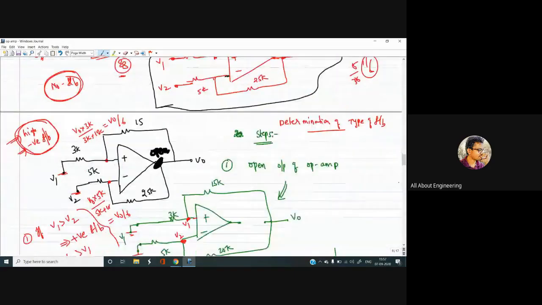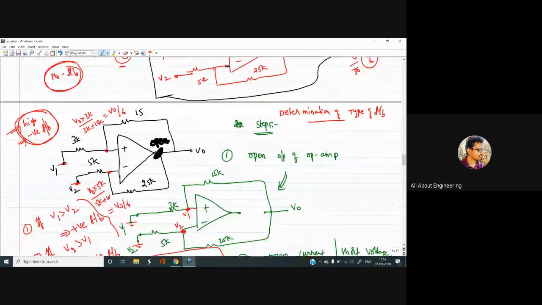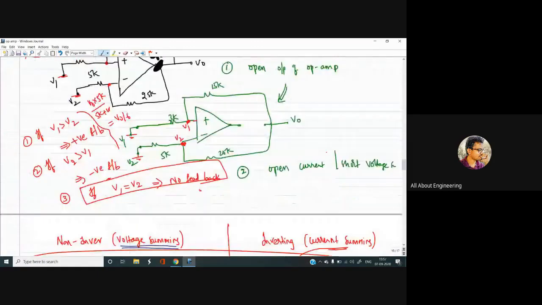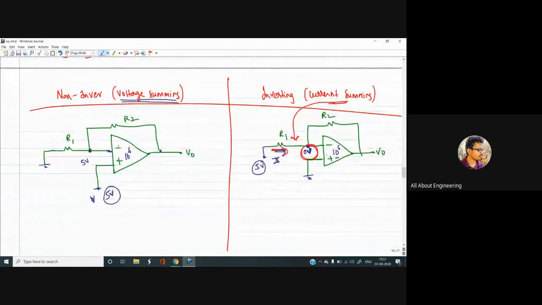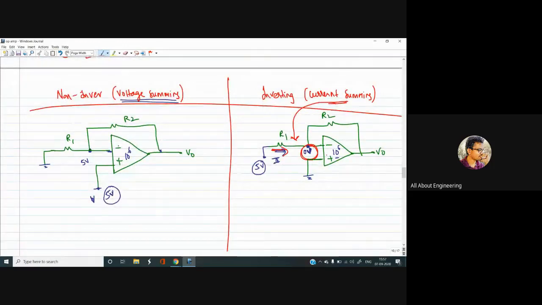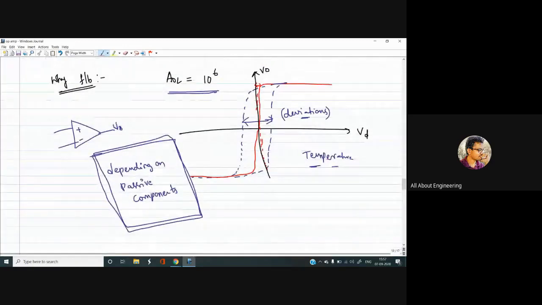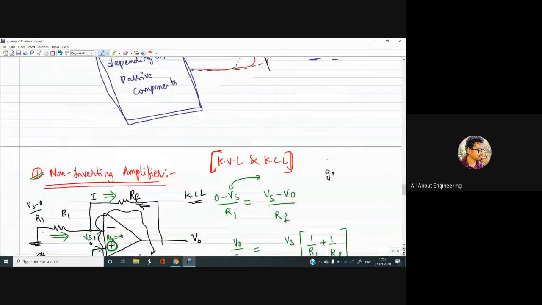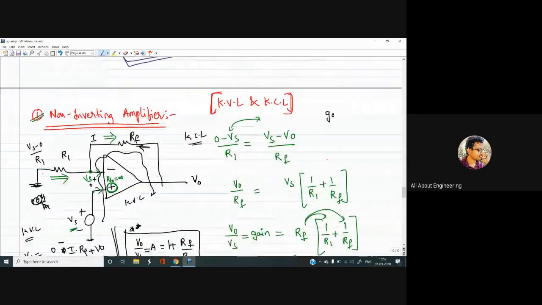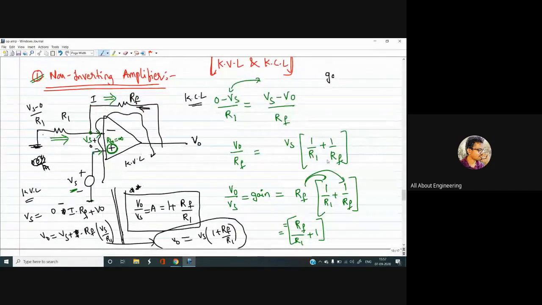From then I started with the determination of type of feedback, which is very necessary to apply the concept of virtual short. And then explained about why the non-inverting terminal is called the voltage summing node and the inverting terminal is called the current summing node. Then why feedback is necessary, because an open loop circuit has an immense number of fluctuations due to temperature and all. So we designed these circuits using feedback so that the gain depends strictly on the passive components, so that the temperature effect is constant in all the passive components. So overall the temperature effect will be nullified if you design an amplifier strictly using passive components.